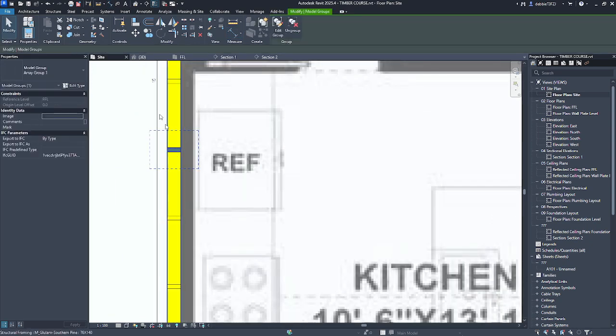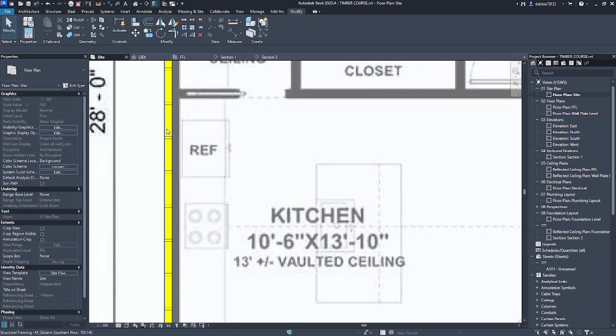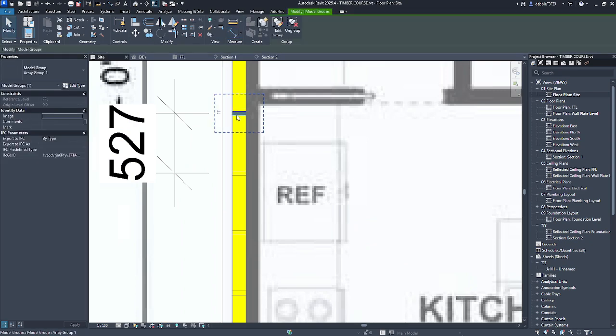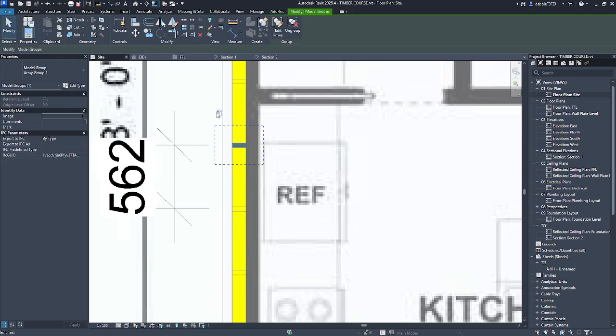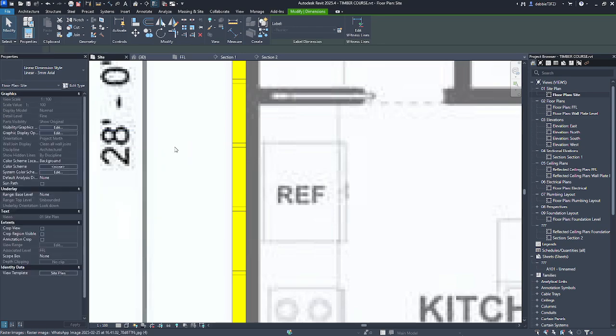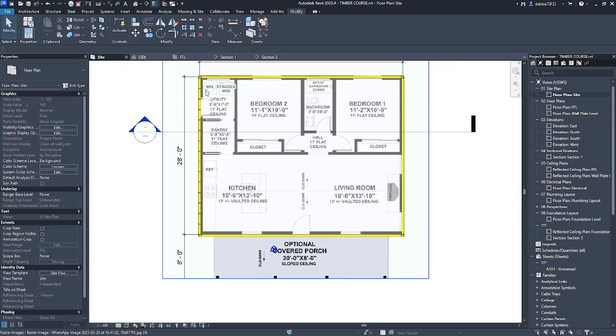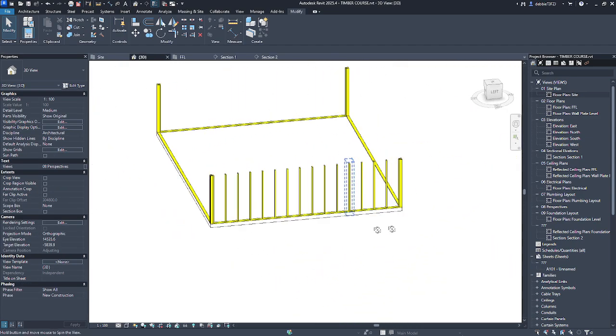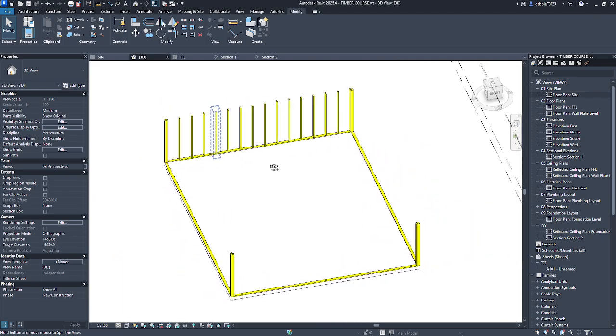That's still too much, so let's try 17 to make sure we're just under. 527. Maybe we can get away with 16. Let's check. Okay, so 16 is the amount for our wall. There is our first stud setup.